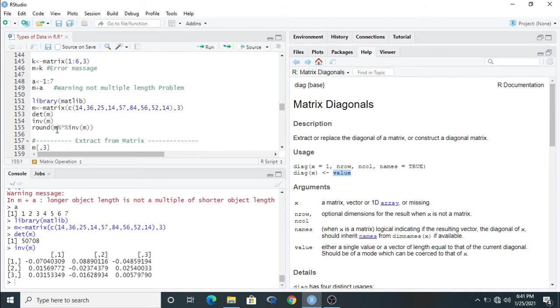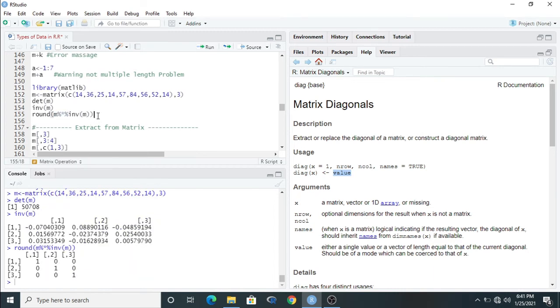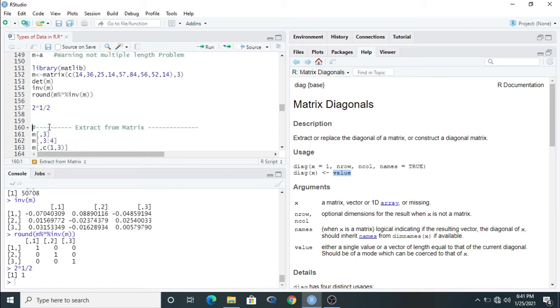Suppose we can identify the actual result. What happens if the M matrix is multiplied with the inverse of M, then we have to find here the unit matrix. These are simple things. If we multiply 2 by 1 divided by 2, then also it will show you 1. Just run this, because if the same element is multiplied with the inverse of this element or the reciprocal of this element, that will show you the unit matrix. It will show you 1.